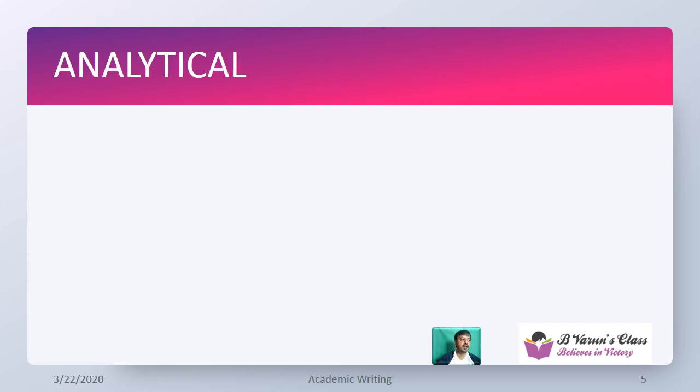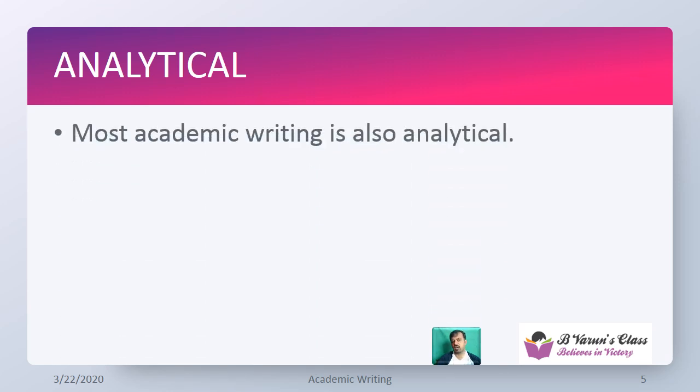Next one, analytical. Most academic writing is going to be analytical. It is very rare for a university level text to be purely descriptive. As the research is going to be concentrating on analysis, analytical writing should be included. Analytical writing includes descriptive writing. Without descriptive writing, analytical writing is not possible, but